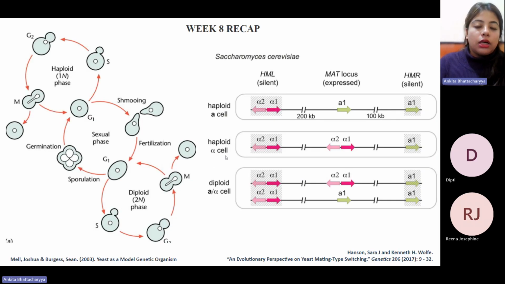Okay, so basically the theme for this week was around understanding the diversity of cells. The first type of cells that were extensively looked at were yeasts or Saccharomyces cerevisiae. They are unicellular eukaryotes. Very commonly, we know them as yeast, however, the term yeast is a little bit of an umbrella term. There are different types of yeast as well. There is baker's yeast, there is brewer's yeast, and there is also fission yeast.